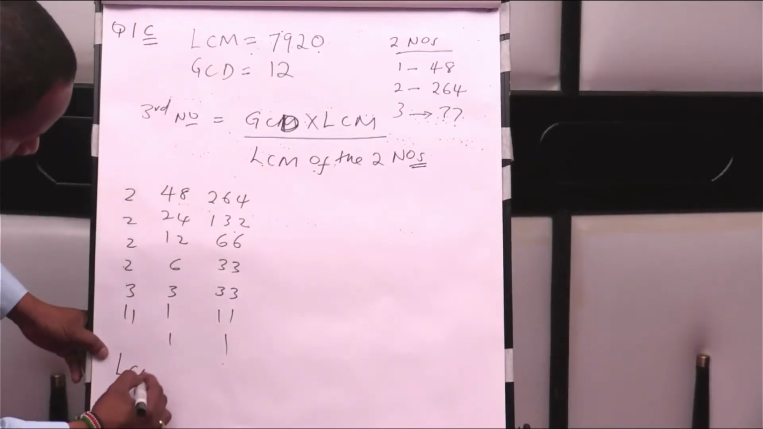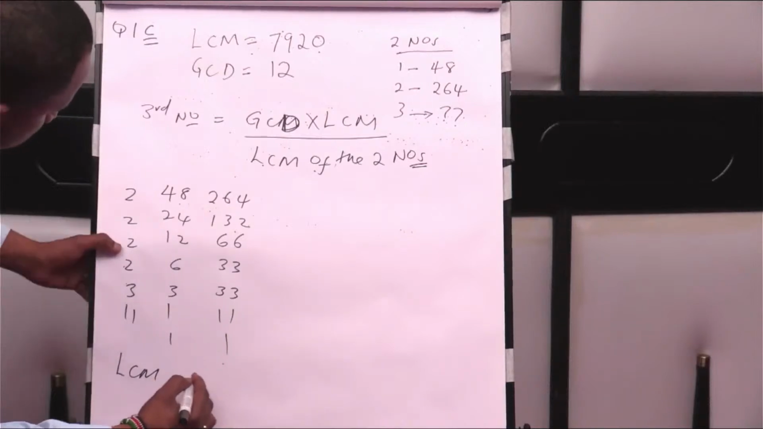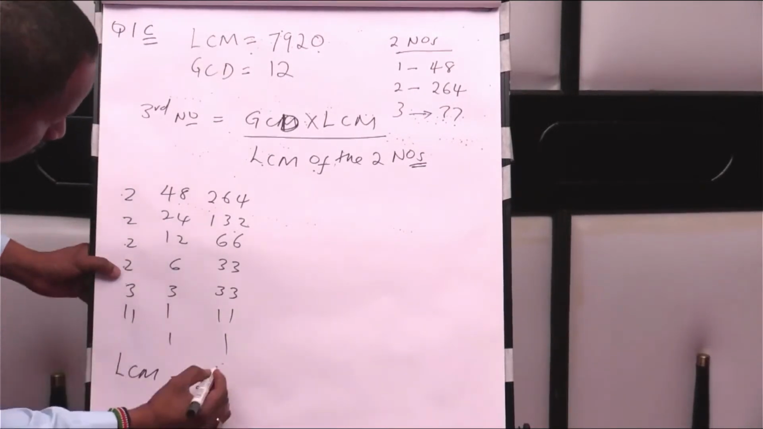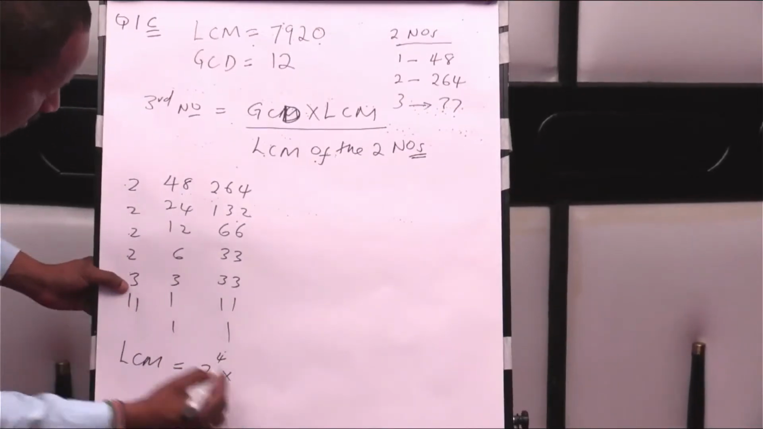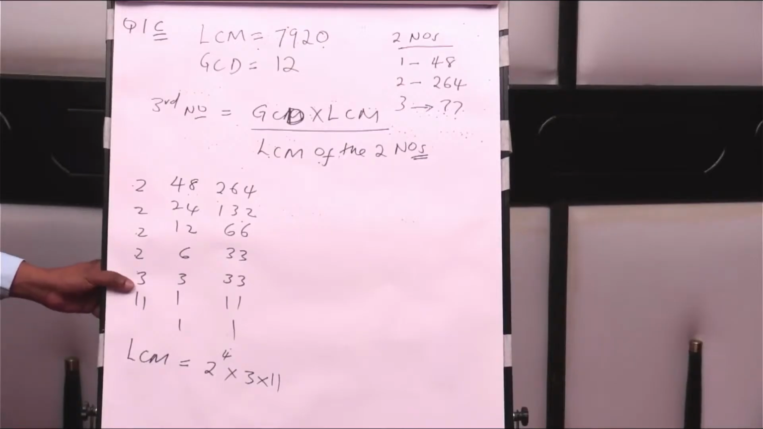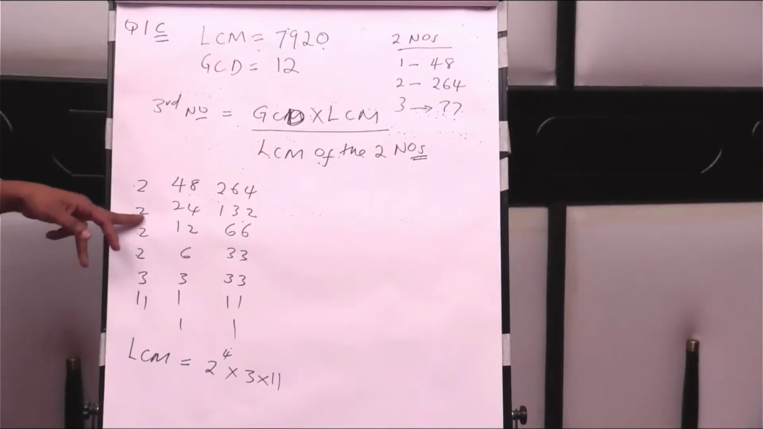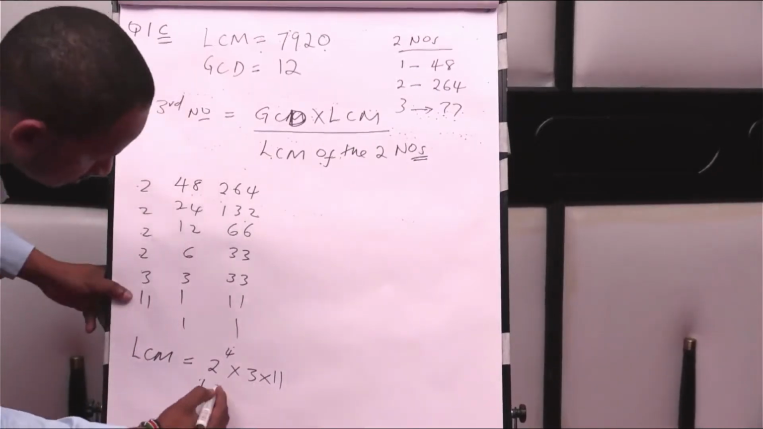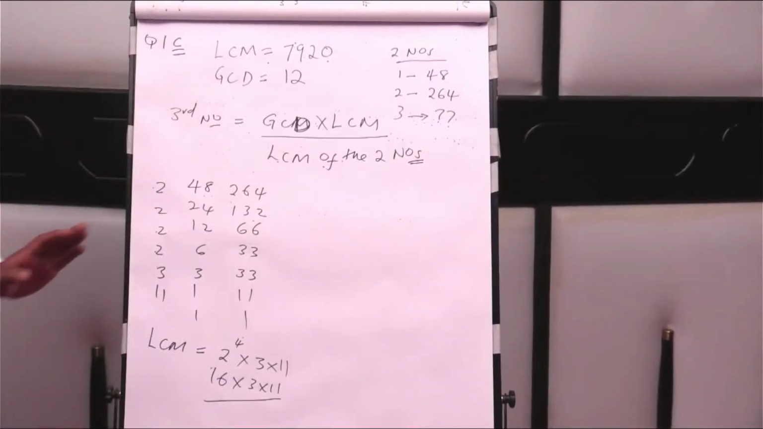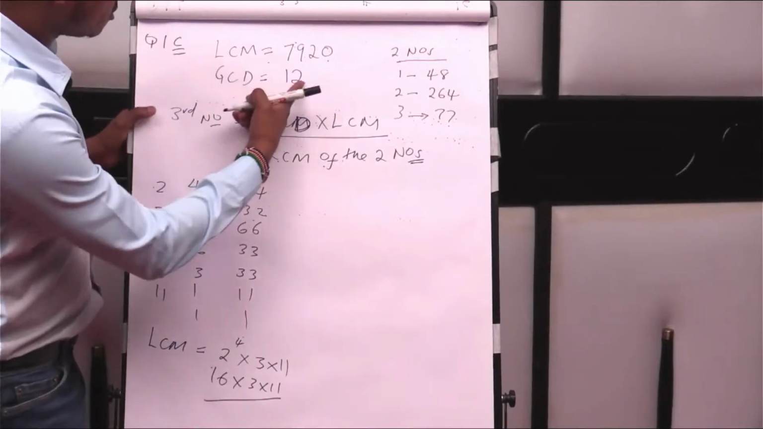Therefore, LCM of 48 and 264 equals 2 raised to power 4 times 3 times 11. Okay? 2 times 2 times 2 times 2, this is 4 times 4, this is 16 times 3 times 11. So once you get this, come back here. Say the GCD, our GCD is 12